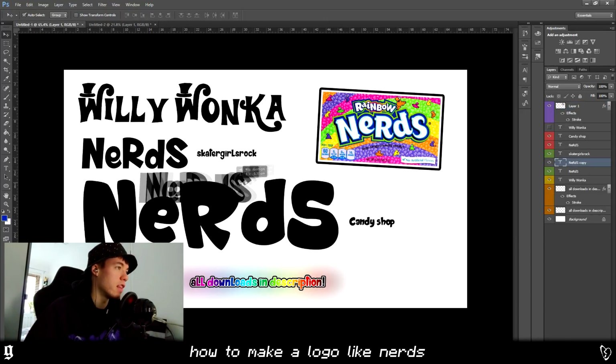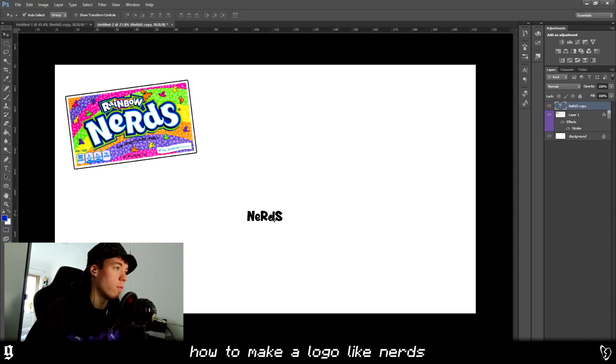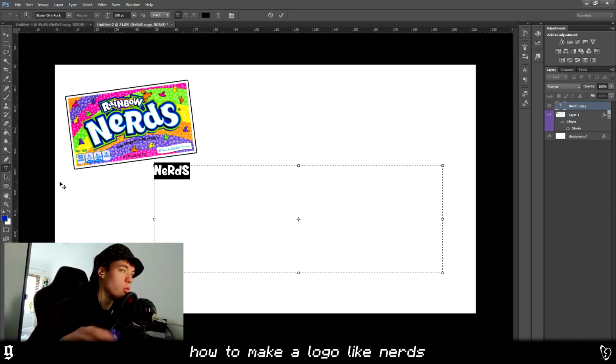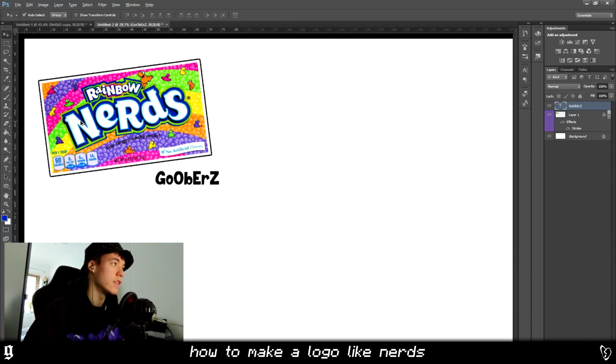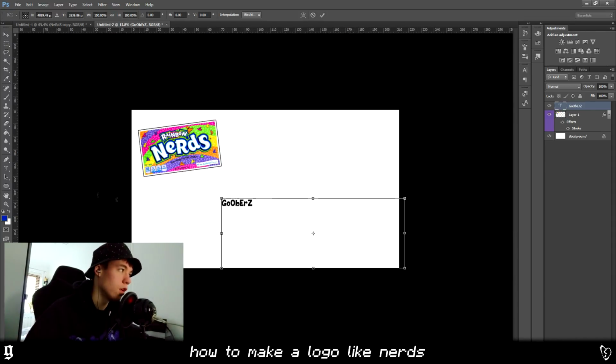And then I'm going to be dragging this one over here, so just type out whatever you're going to be typing out. My client's business name is Goobers. I think he's going to be like a weed outlet or dispensary or something like that in America. In legal states, I'm assuming. Goobers. So what they've done on the NERDS logo is every other letter is capitalized, so I'm going to be doing that with this. So yeah, type out your name